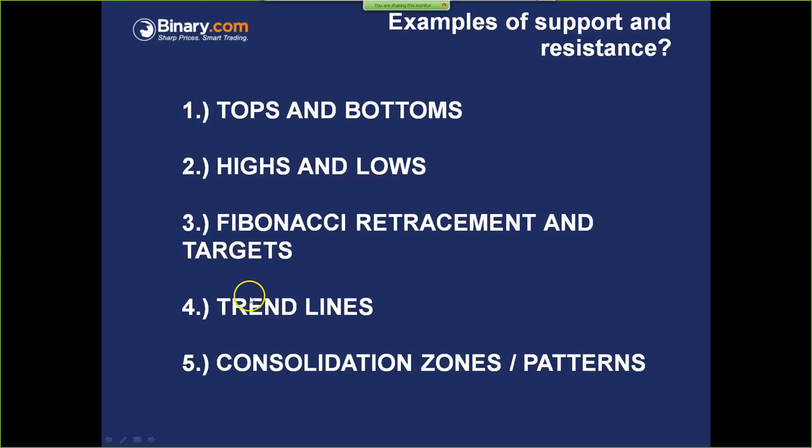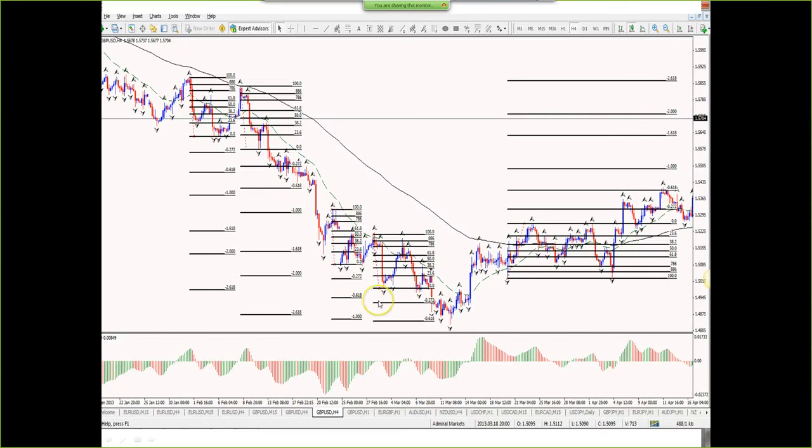All right, if you use trend lines or zones or patterns, they may be a bit more subjective. Maybe fib retracements as well, but tops and bottoms are very, very clear, and highs and lows as well. There's kind of no gray area in that regard. So let's continue